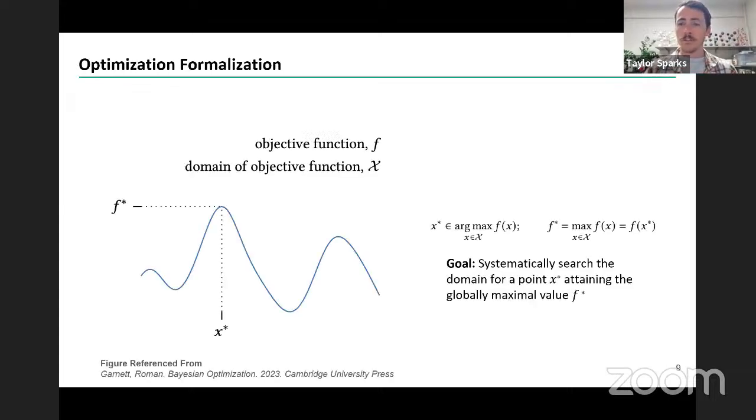This is where we introduce the field of optimization, right? Now, the formalization, in optimization, you always have the so-called objective function F, which is the actual solution space. Now, we don't necessarily know that, but we know that it exists over some domain, X. And our goal then is to systematically search through this space such that we end up with the highest value X. So we'll call this X star that gives us the best value of our objective function, okay?